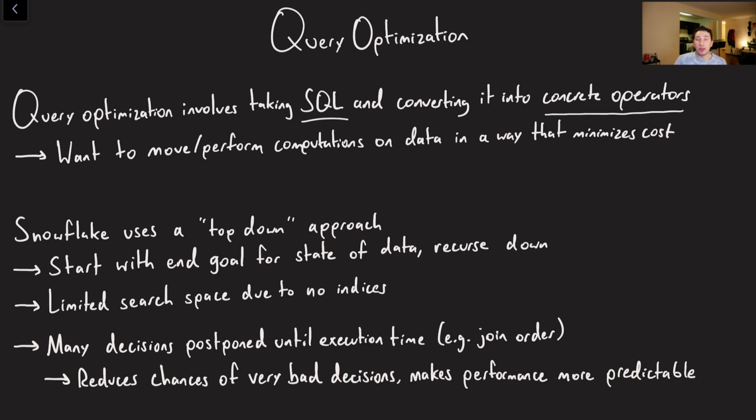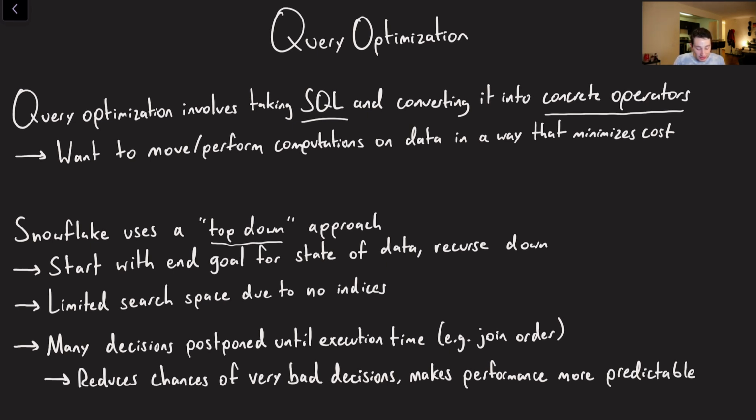And so the interesting thing is there are many different query plans that you can create to get the same output of data, and some of them are going to run a lot faster than others. Think about things like join orders, stuff like that. It makes a big difference. And so Snowflake is going to do something known as a top-down approach, where basically it starts from the ideal end state of the data and then kind of traverses through a bunch of potential approaches and tries to use heuristics to estimate which one is going to be the fastest.